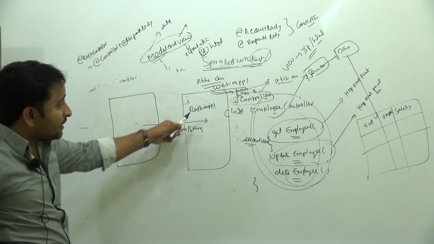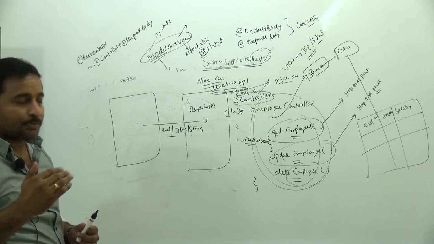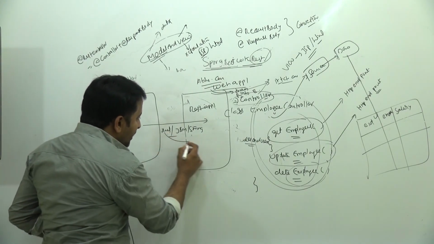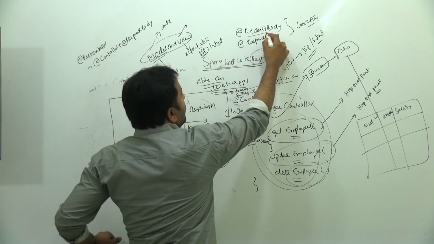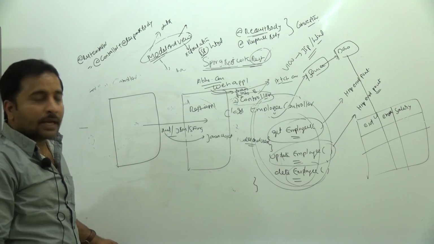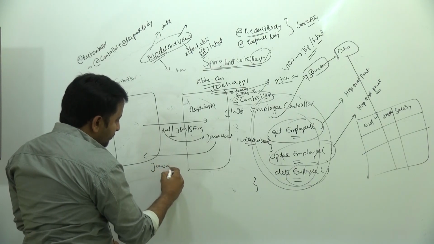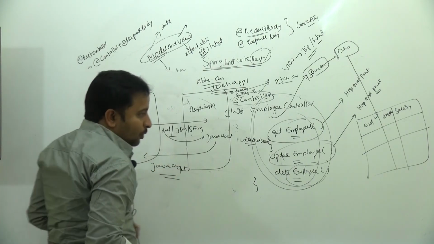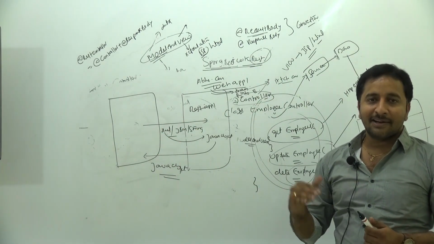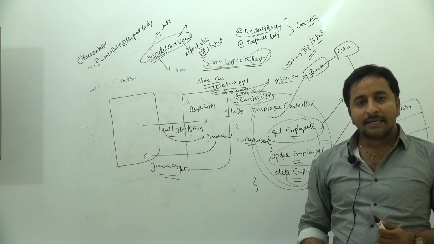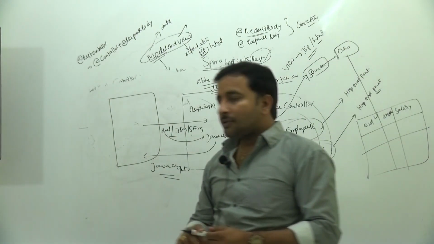This XML data can't be understood by the Java application. Definitely a Java application can't understand it, so it has to be converted into some Java object. Who is going to do this conversion? The RequestBody annotation. And if you are sending a Java object back to the client, can the client understand a Java object? Generally users don't know Java technology, they only know the application, not the internal implementation. So the Java object has to be converted into some format.